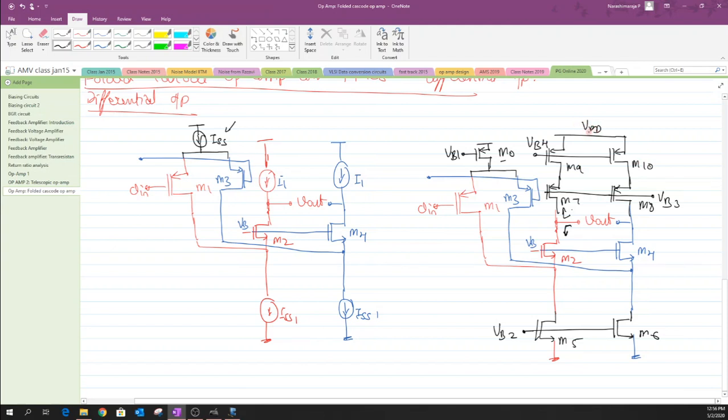Yeah, so this configuration is called a folded cascode opamp with PMOS input differential pair. Okay, and the output is again a differential, or fully differential, opamp configuration, just because we are having differential outputs here. And now if one wants to realize a single ended output out of this configuration, then let me just try to copy this structure again and show you how to convert this structure into a single ended